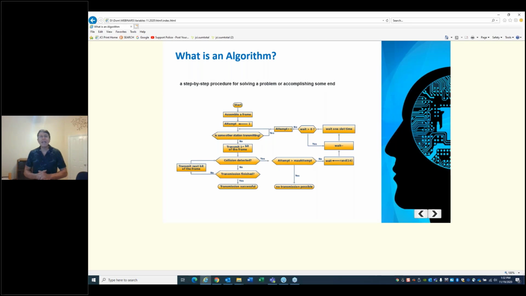What is an algorithm? Where the heck did algorithm come from when we're learning variables? An algorithm is a step-by-step process for solving a problem or getting some result or doing some sort of analysis. Don't worry, don't study the chart. I picked up this graphic someplace because I just wanted to show a whole bunch of branching. Pretty much everywhere you see a branch, it's a variable at work.